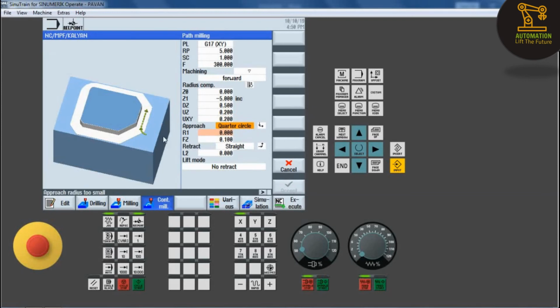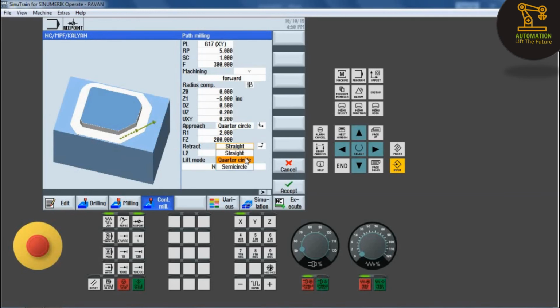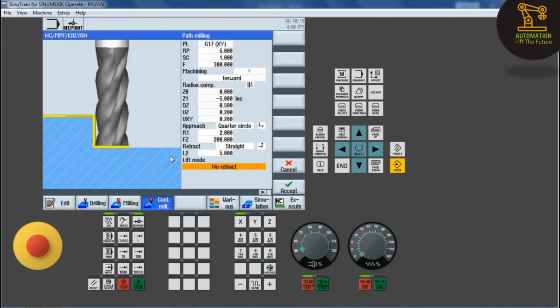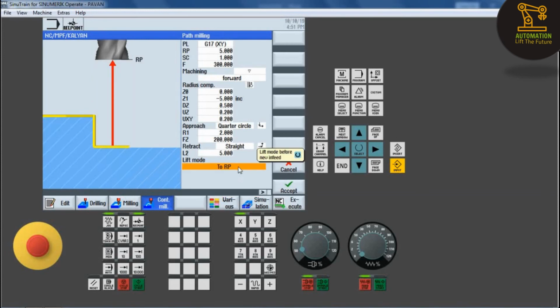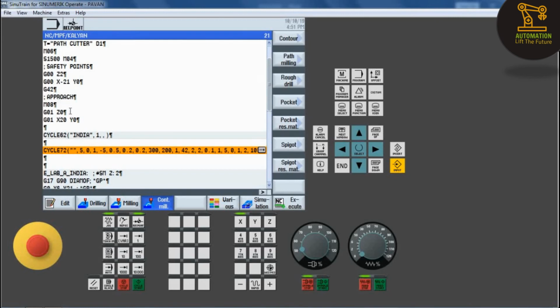And this is approach type, there are 4 types. I gave quarter circle for this operation, and then R1 I gave 2, and then feed rate 200, and this is retract type. Here we have 3 types. I give straight, and then L2 5, and lift mode, to retract position after machining the tool will go to retract path. So I gave 2 RP, and then accept the element, accept the cycle, and the cycle was executed,